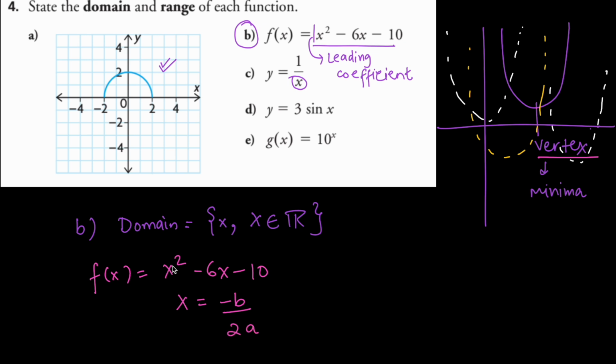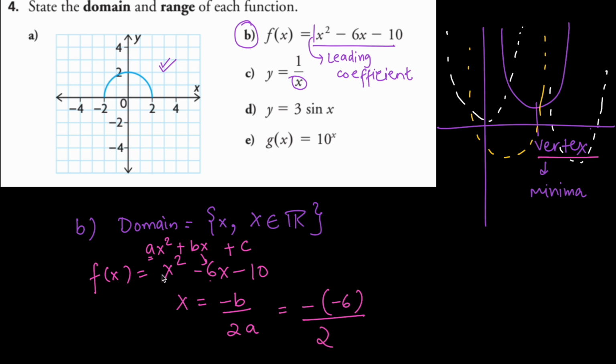The equation can be written as ax squared plus bx plus c. The leading coefficient a is 1, and b is the coefficient of x, which is negative 6. So the minus sign from the formula, and the value of b is negative 6, divided by 2